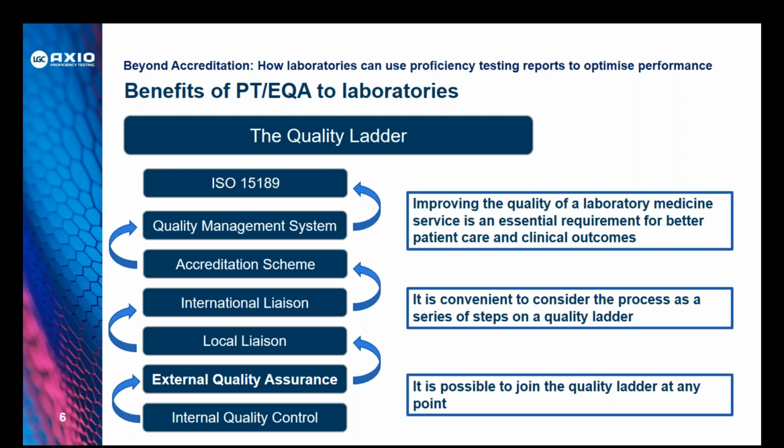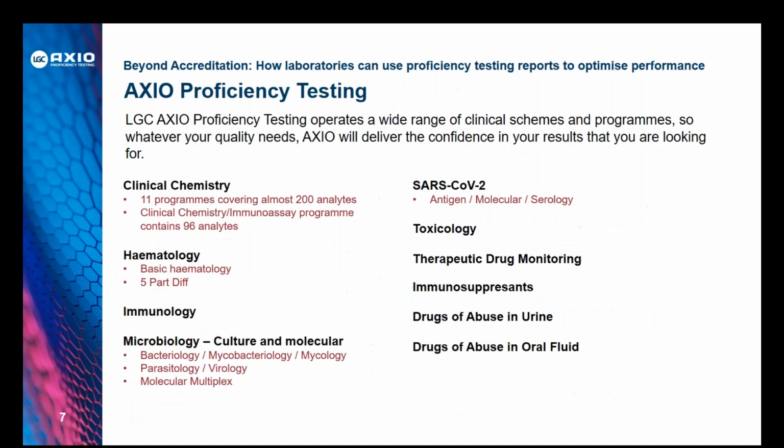So what does the LGC Axio offering look like for clinical PT? Here we can see the major groupings of programs available. This is a very extensive range which covers the major laboratory testing areas. Within our clinical chemistry range, for example, we have 11 programs covering almost 200 analytes. Our clinical chemistry immunoassay combined program, for example, has 96 analytes, including the major therapeutic drugs and medication and immunoassay